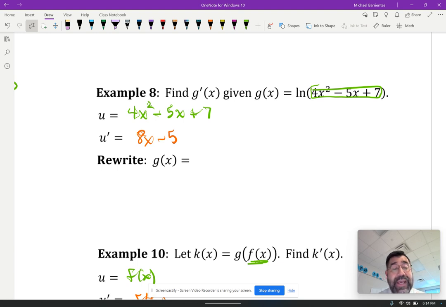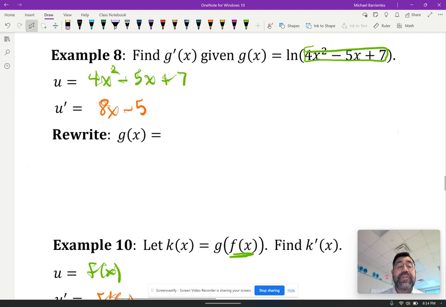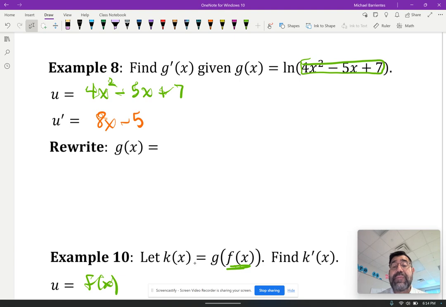So we're saying, can we rewrite this in terms of u, right? In terms of an inner function that we've already identified, this green box. So I'm going to say my function that I have here is really the natural log, ln, of u, because u is the whole green expression. The chain rule says if you want to find the derivative,